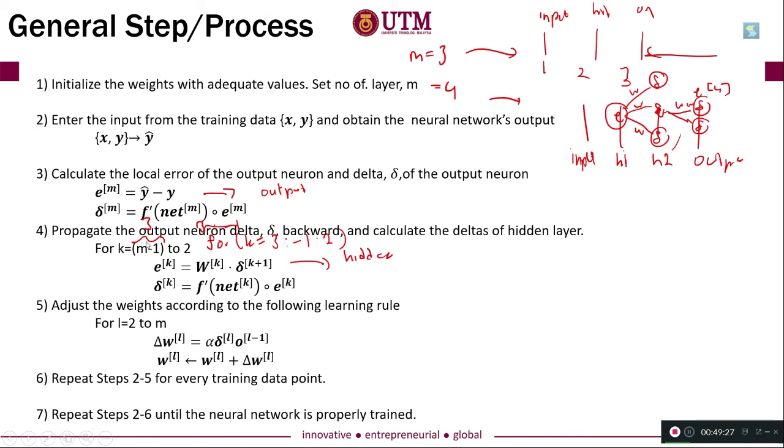So once you find the E and delta, this delta you already computed, then you can find all the updaters belonging to this neuron in the artificial neural network, and then you can update. So you can see that it doesn't matter whether you increase the number of neurons in each layer or you increase the number of hidden layers, you still can use this general step in developing the artificial neural network. So let's say if I want you to design something like this, for example you have 3 outputs, and then here you have 4 outputs at this side and 1 output at this side. So by using this step you still can